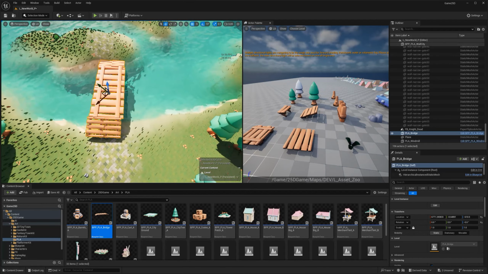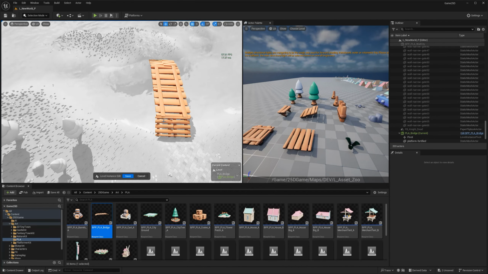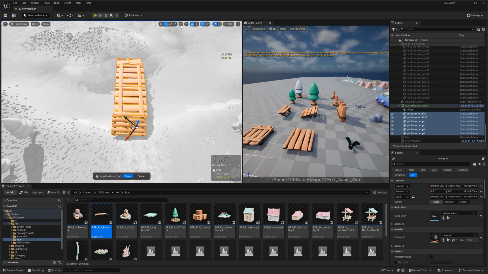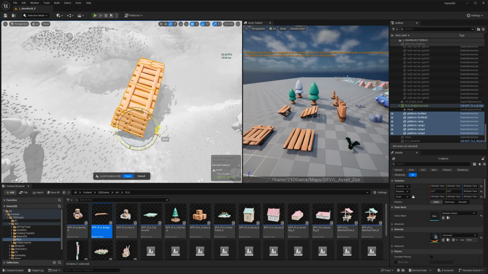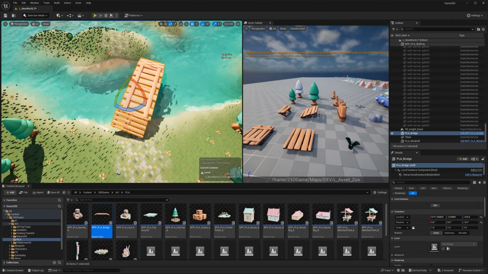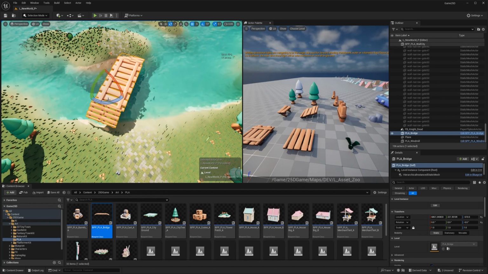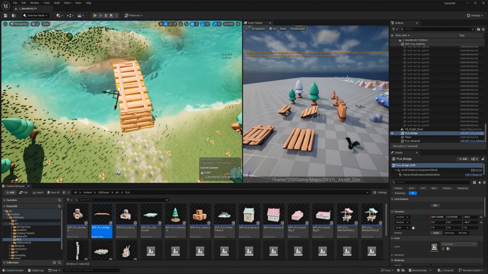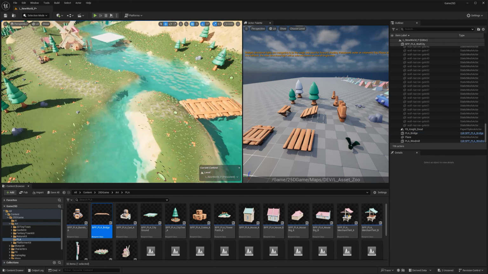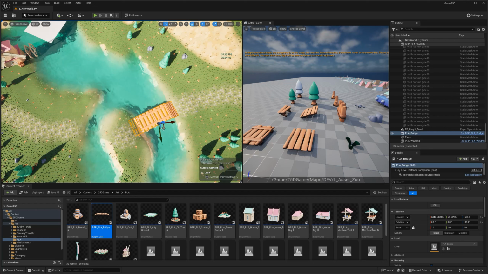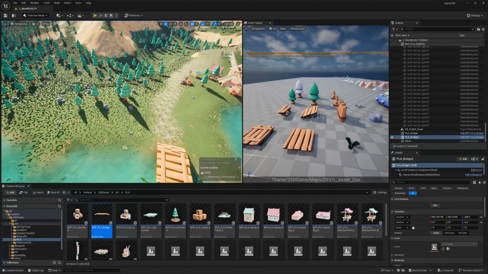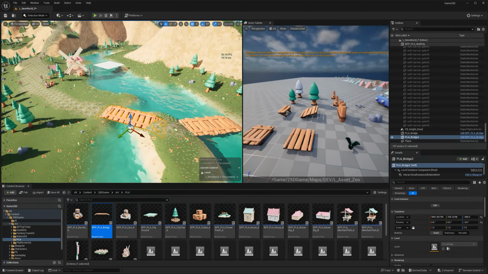Oh boy, this is really frustrating. So I'm going to redo it again. I think it's just like this a little bit. Oof, this pivot's driving me insane. But there you go. So that's one bridge, and then I can just go here, alt click and drag, and I can make another one here so my character can cross from one side to the other.